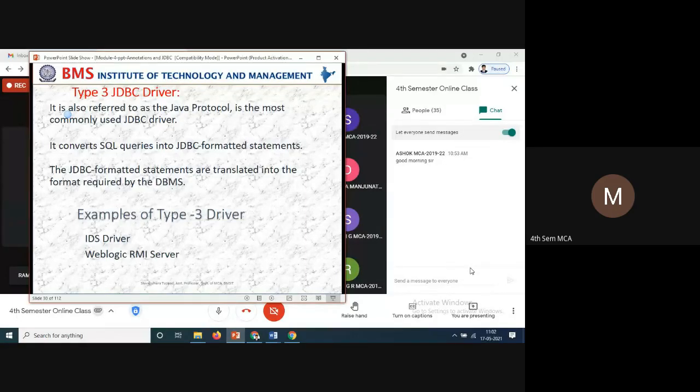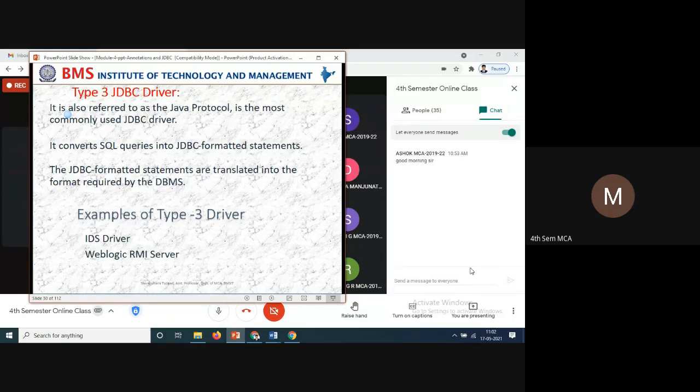That is the way the JDBC drivers work. When you install this, SQL queries are converted to JDBC formatted statements, and JDBC formatted statements are translated into whatever way is required for the DBMS. That way it will be converted and supplied to the DBMS.